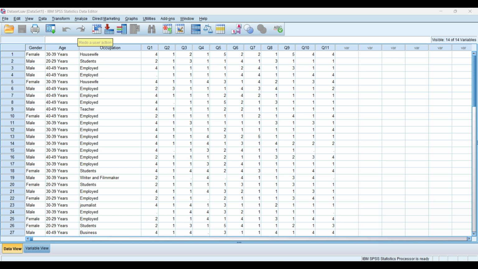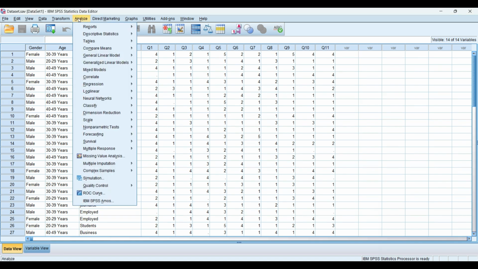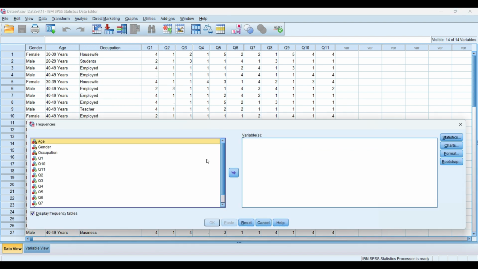First of all, we will click on Analyze, click on Descriptive Statistics, and then click on Frequencies. Select all variables and put them in the variable set